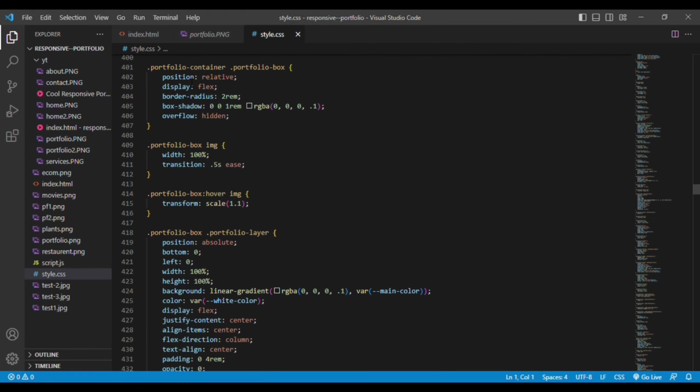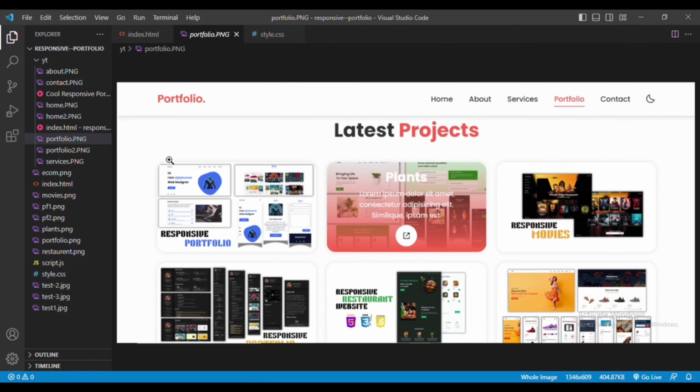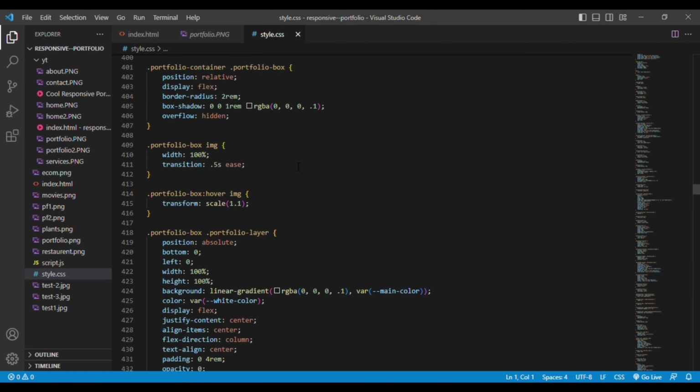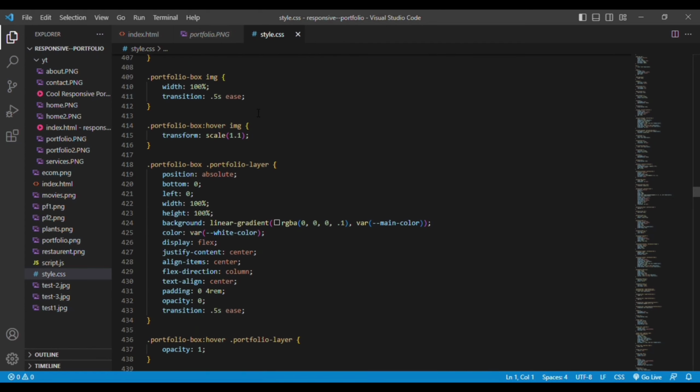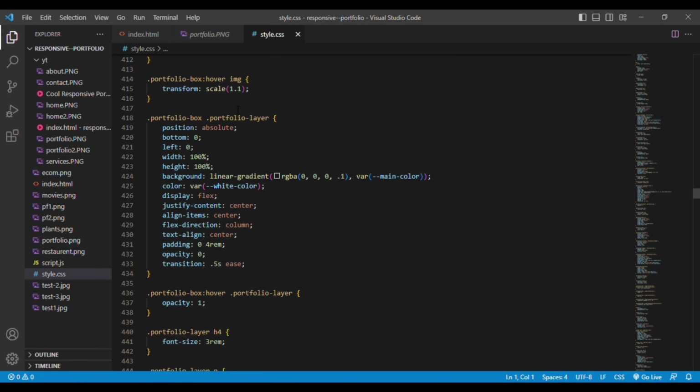Then we have portfolio box, that is a single box, which uses display flex. Then border radius is 2 rem. You can see the border radius is 2 rem. Then we have overflow as hidden, so if any element is bigger than the box size, then it is hidden. Then we have portfolio image with the transition. You can see here is the thing. So whenever you hover onto it,